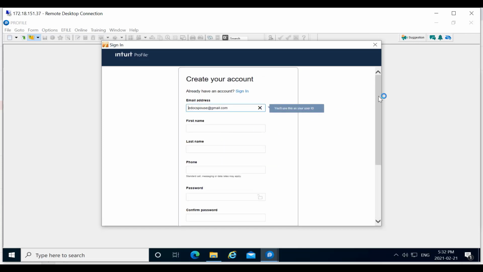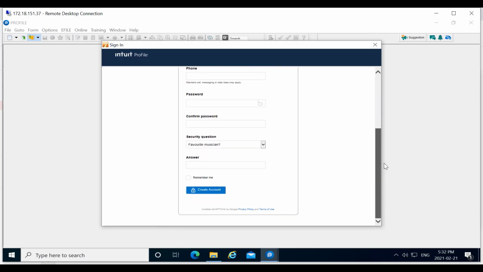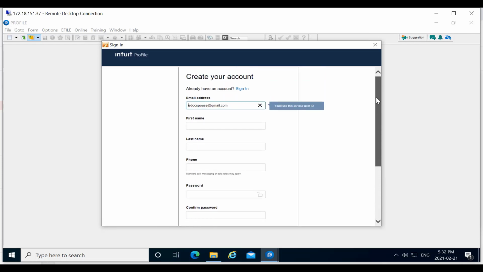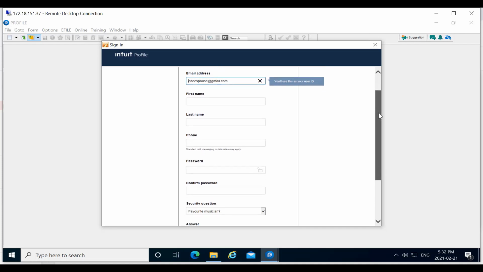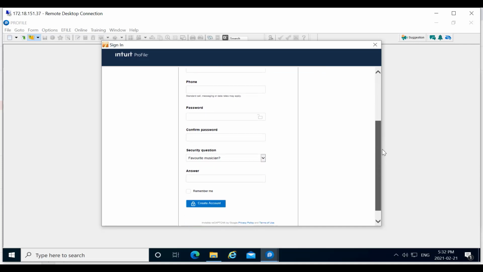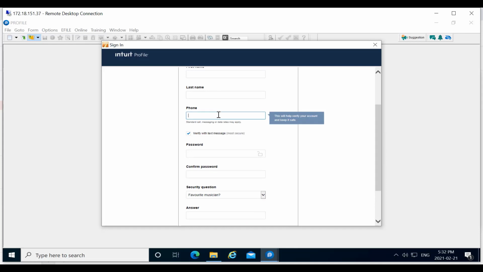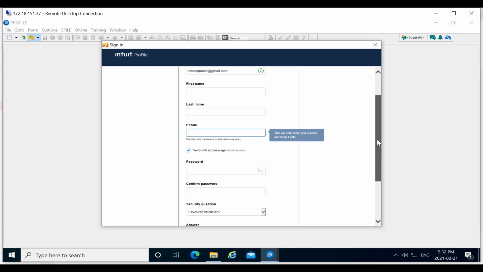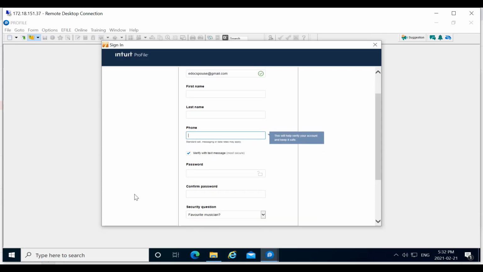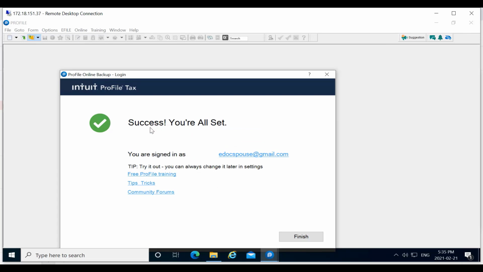So what's required here is that you use your email and create an account, and it's going to require a phone number where it sends a confirmation code, just to verify who's creating the account. So I'm going to pause it at this step because I'm going to have to put my phone number in, and I've now